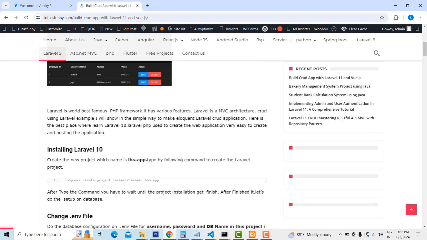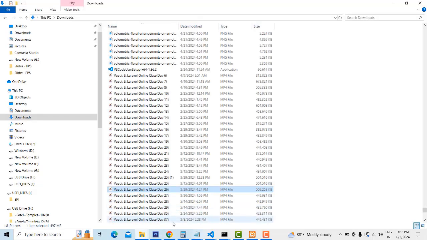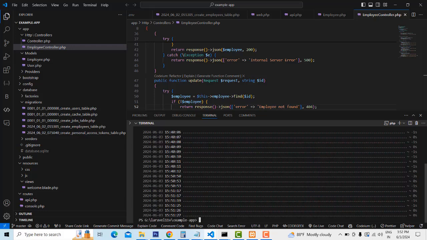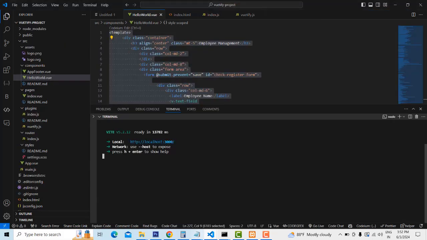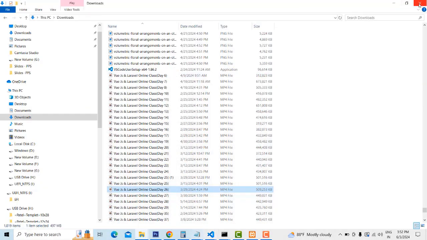Okay, first what you are going to do is you have to install the Laravel. So first I'm going to stop this project. This front end and back end you'll stop it. Okay, so the previous one you'll stop it. Okay, just stop it. Right. Now let's do the things. Now what you're going to do is I'm going to